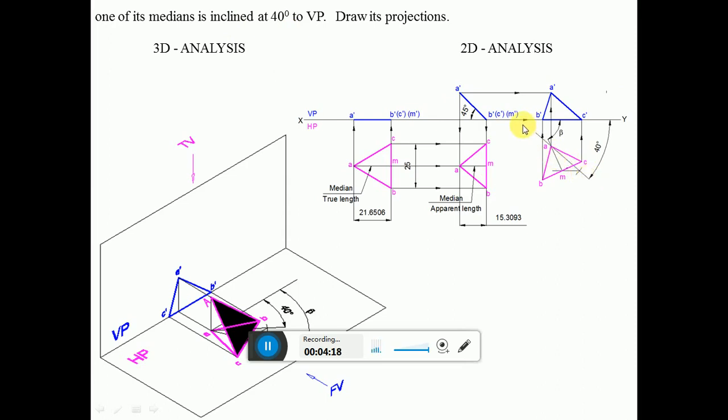Since this is the true inclination line, you have to transfer the true length. So where is the true length? The true length will be here in the first position, because A dash M dash is parallel to HP. So I am getting the true length here, which is the median true length. Then you measure the length of this, which is 21.6506, because we have measured in